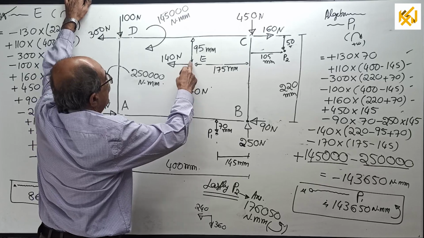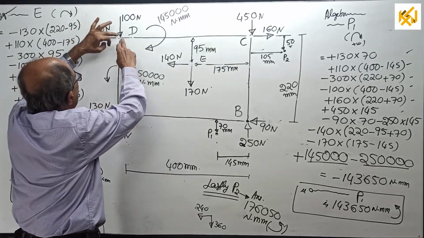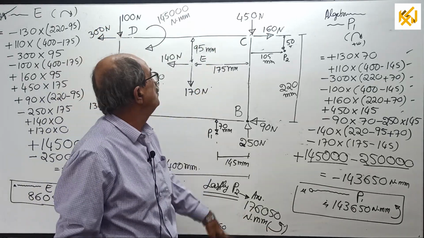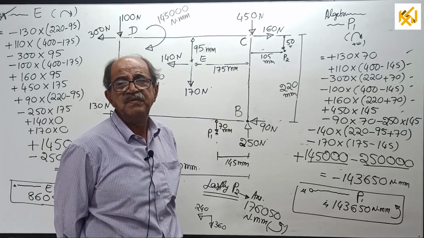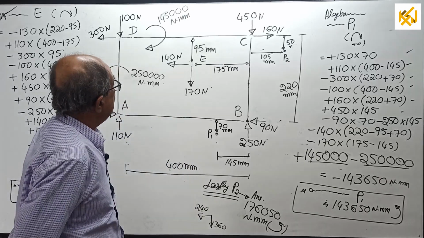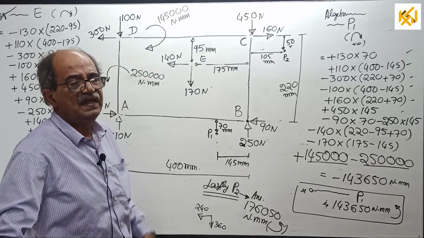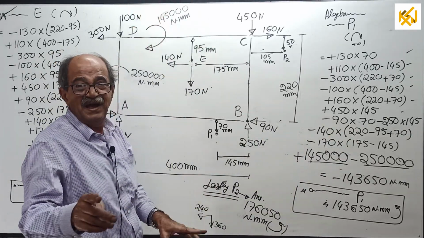See, I got the answer at C. Already got. I can use any previous answer, any one answer. Okay, I will do it, you try it later. Whatever answer I got at C with sign, then simply plus 360 into 175 minus 240 into 95. That's all. Now, the trick later.